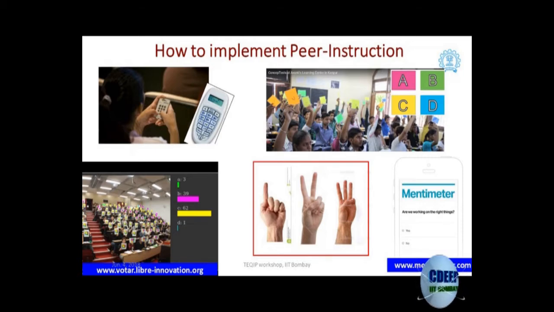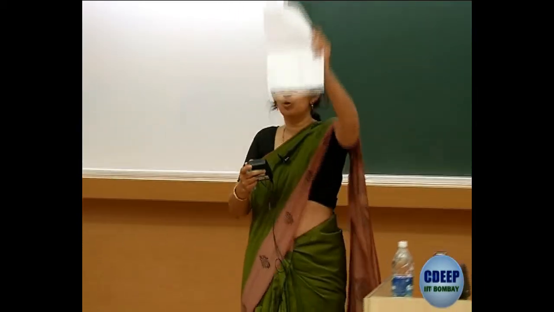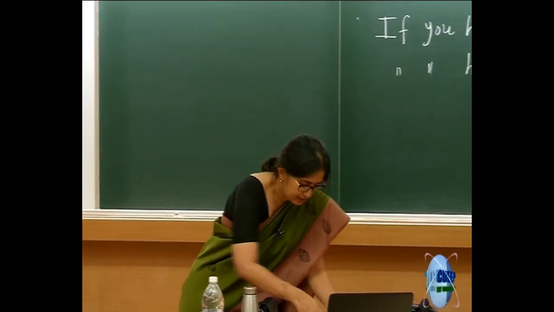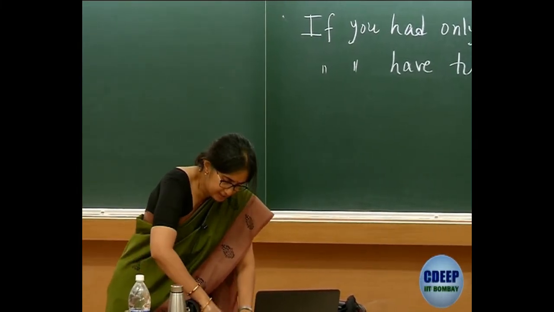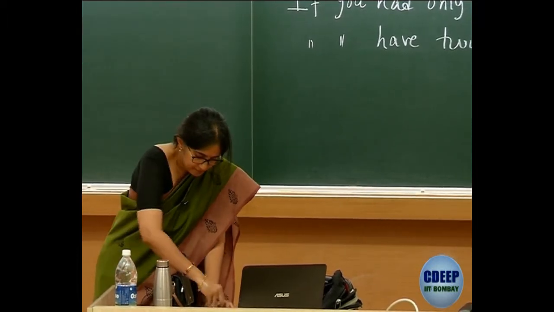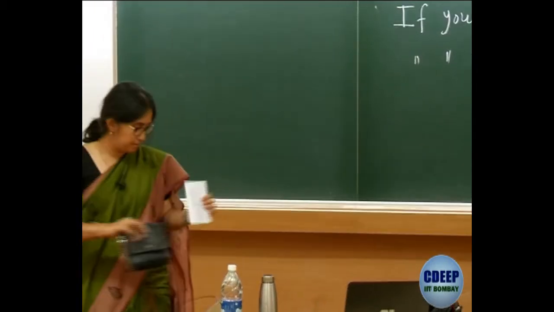So how to implement it? You can use flashcards, color flashcards, or a very simple thing to do is, let me just show you how to do it with a plain piece of paper. You have an A4 sized piece of paper, which everybody has in their notebooks like this. Ask students to simply write the choices, maybe using different colors, or if that is not possible, even with the same color is also okay. And then they can hold it up.